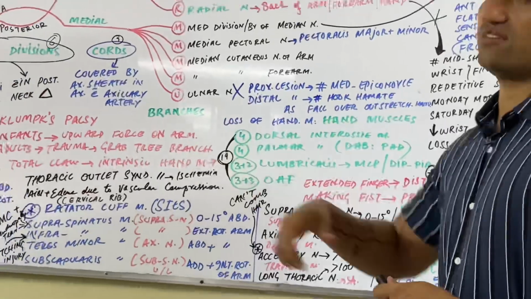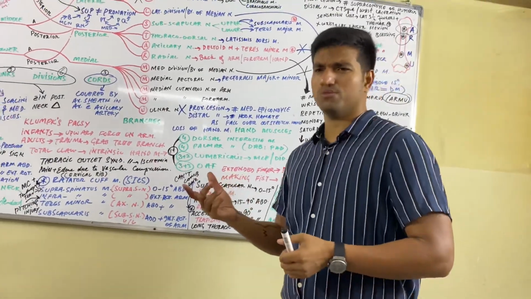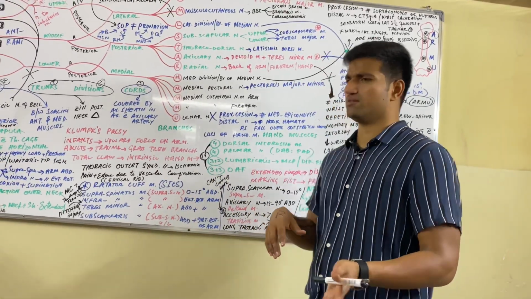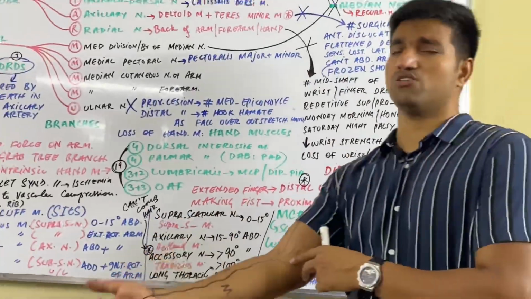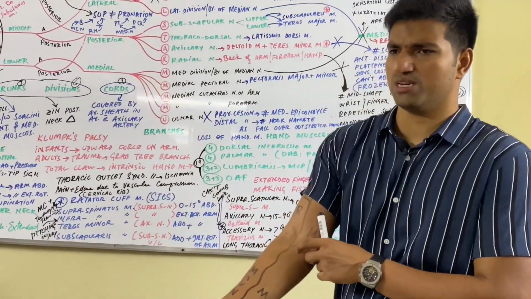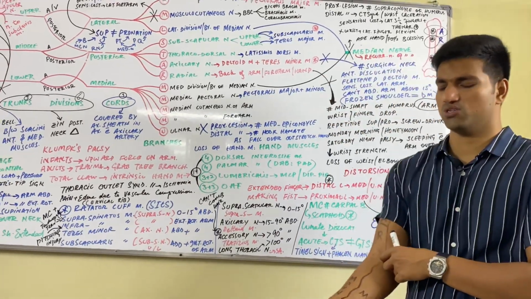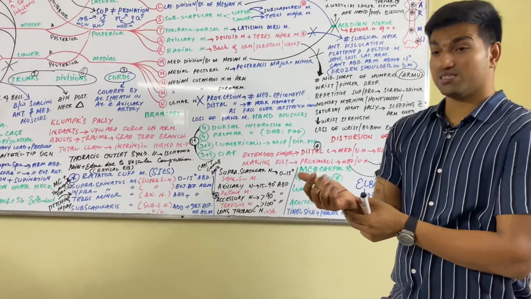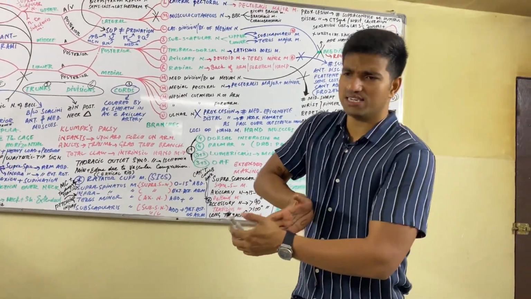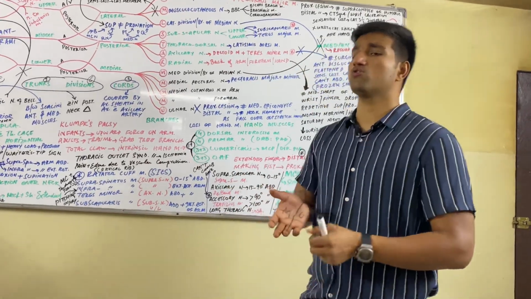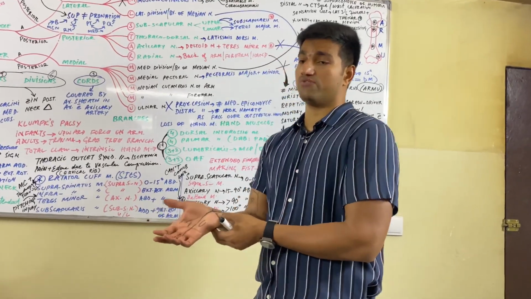Before that, the ulnar nerve. If this nerve is damaged, there are two problems: proximal lesion or distal lesion. For the proximal lesion, U for ulnar, epicondyle. If there is damage or fracture at the medial epicondyle of the humerus, it will lead to a proximal lesion of the ulnar nerve. But if a person falls down on an outstretched hand, there will be a fracture at the hook of the hamate, and it will lead to a distal lesion of the ulnar nerve.